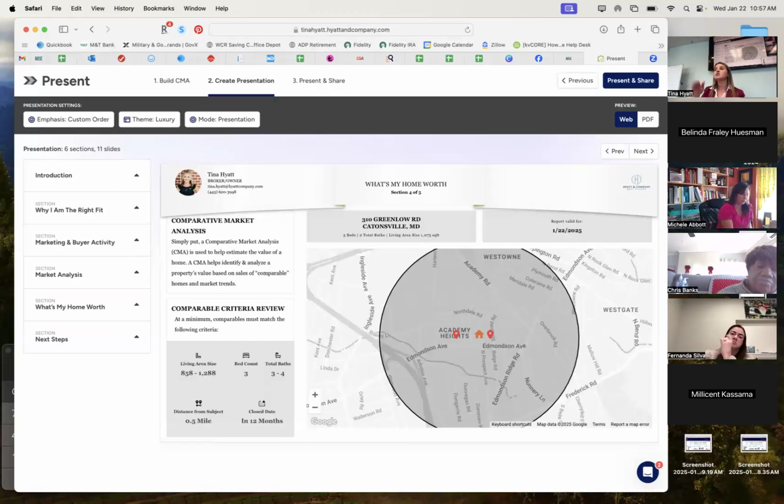Make sense? But if she says or he says, well, I still have a little bit of a reservation about a couple. Great, let's talk about them. What are those reservations? Or what did I not answer or resolve for you? And then you're just going to keep going until you get to, yes, you answered all my questions. I feel really good. Fantastic. Now let's talk about the listing agreement and the listing timeline.